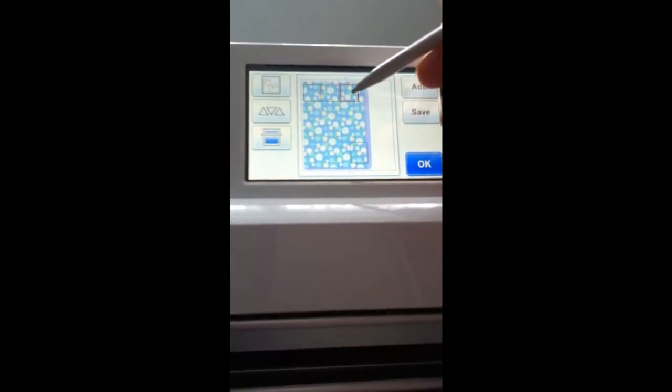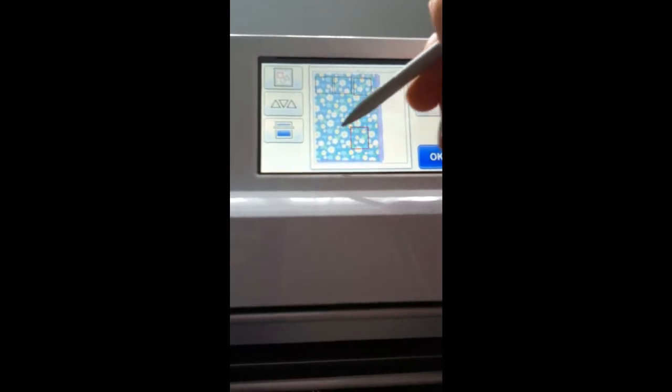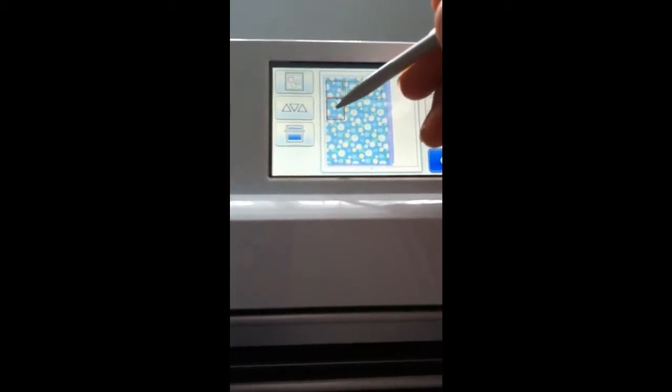It's 3 smaller ones, and then I'm going to put the larger one underneath. It's a really good feature because you can use small scraps of paper and you can see exactly where they are on your mat, and then cut from them, so there's no waste. Okay, now they're in place, I press the OK button